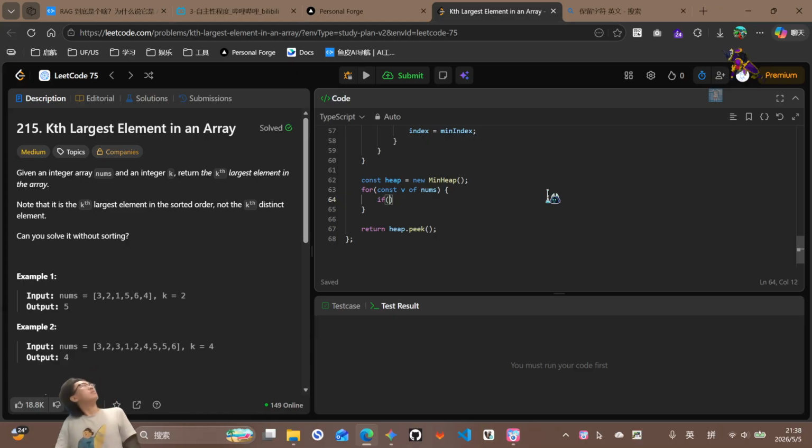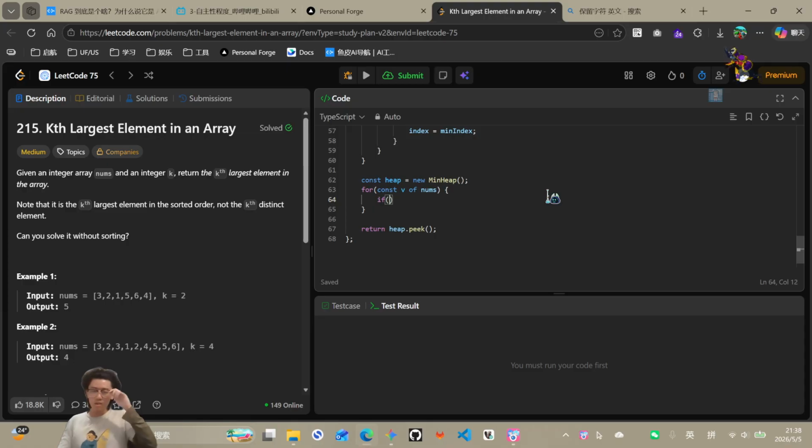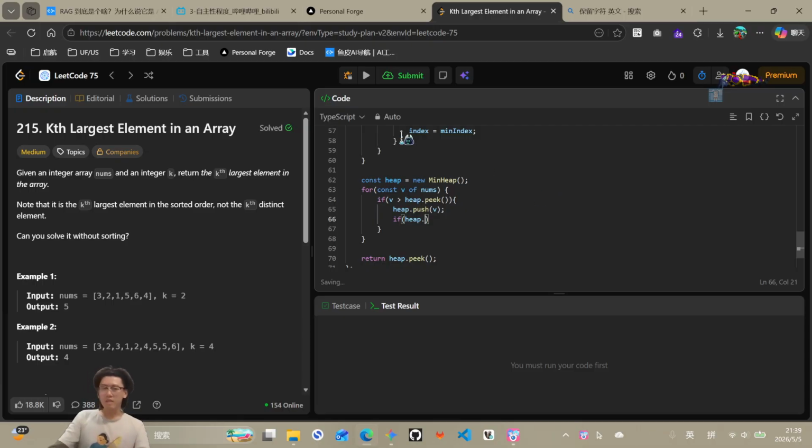If what? If v is larger, right? V is larger or equal, that's meaningless. So larger than heap dot peek, we have heap dot push the v, and after the push, if the size of the heap